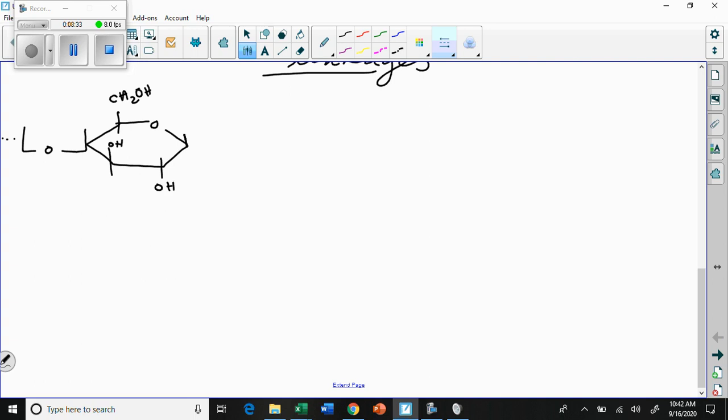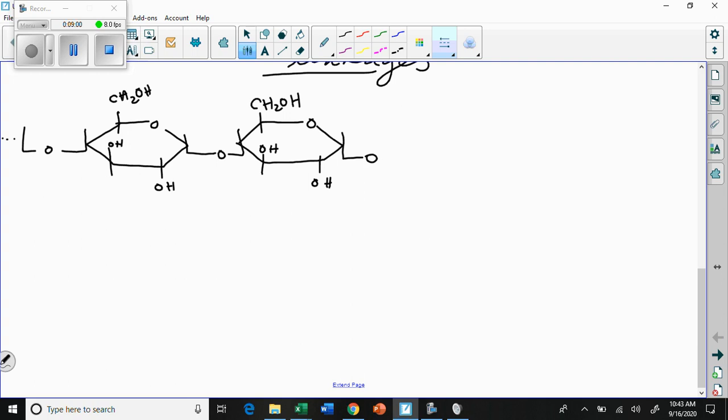And then we have another linkage here, another alpha glucose, like this. And then what I'm going to do is something different on this end. Okay, this O